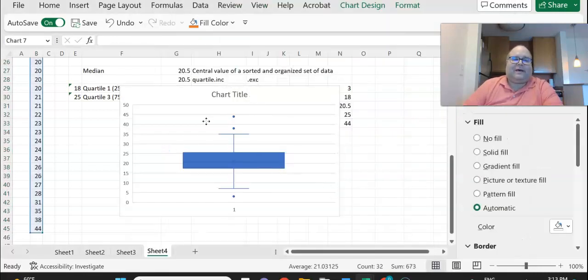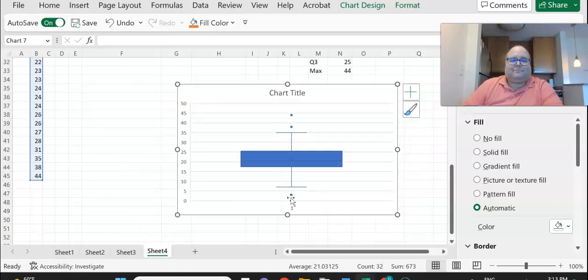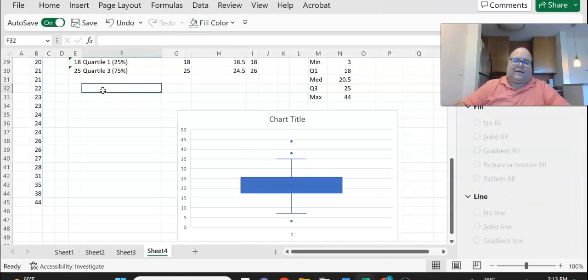With this, our minimum value of 3 is shown here as a dot, and our 38, 30, and 44 are dotted as well. But we see our median value is this line through the middle. Our quartile 1 value is here, our quartile 3 value is here. And in this case, we have a couple values that are called outliers,